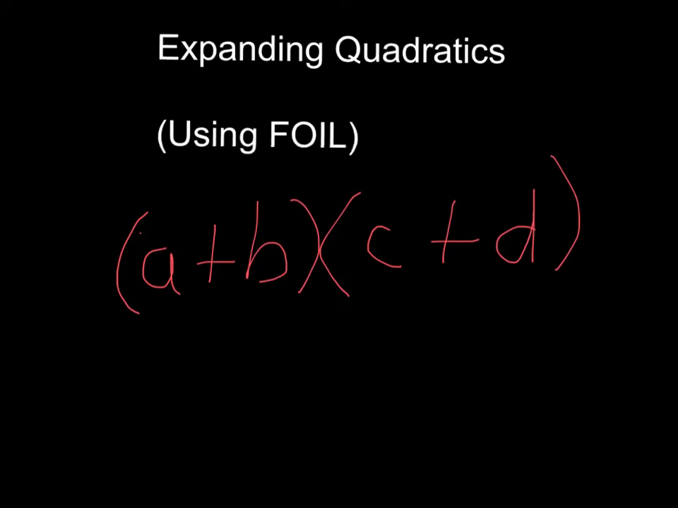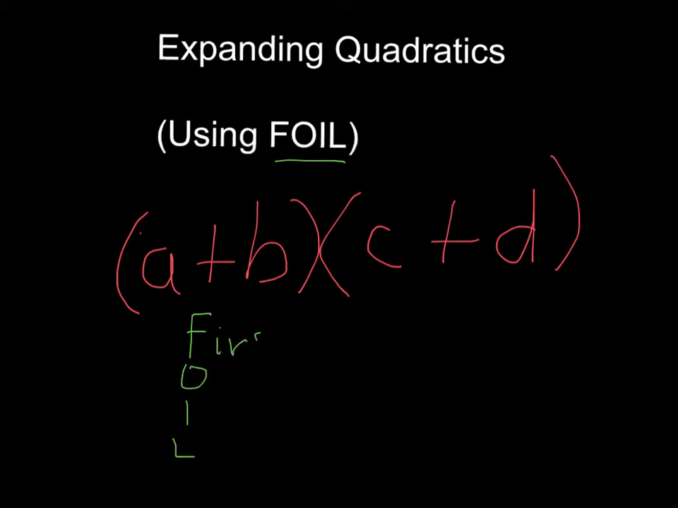Now we'll look at expanding quadratics, and this is using the method called FOIL. If we look at quadratics, it's the same. It's using the distributive law, but you can see in this case that there are two lots of brackets instead of something being outside of brackets. FOIL is actually an acronym, and FOIL stands for